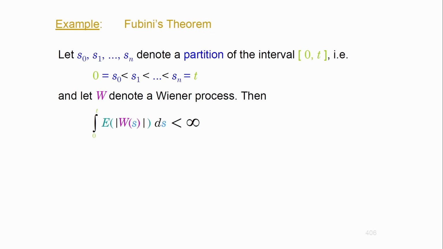So that's not going to be a big deal. But we need to check that first, whether this is true or not. So let's see what the Riemann integral of this function would be, where the expectation of the absolute value of the Wiener process is involved. We have done that.